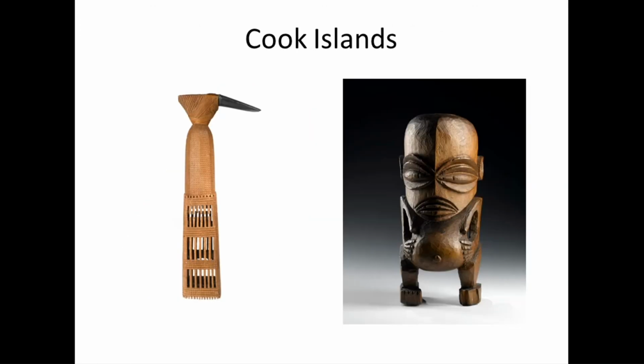Where did the Maori come from? The New Zealand Maori. We talked about New Zealand being the last place to be settled by humans. Where was the jumping off point for the Maori? The home of the Maori, if you like, before they got to New Zealand. And that's thought to be the Cook Islands, which are north by quite some way by sea of New Zealand. The key thing to note about the Cook Islands is the people there speak a Maori language,